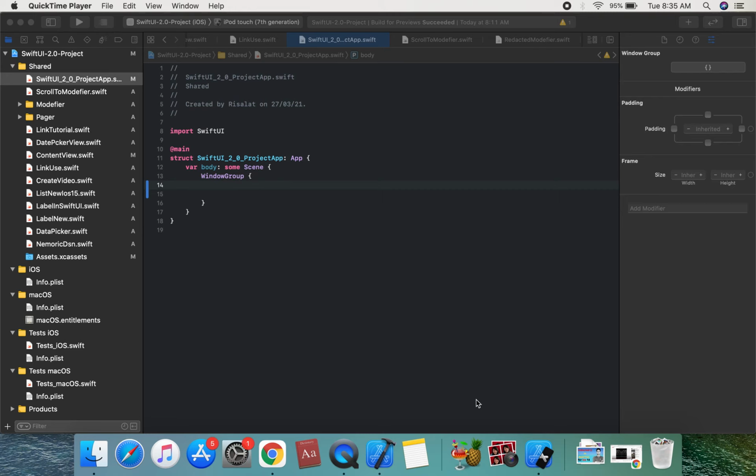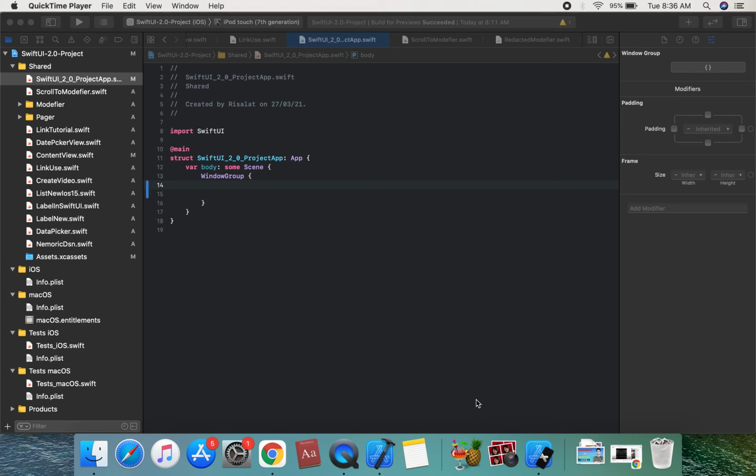It lets us place bar button items anywhere in the top or bottom space, but only when our view is embedded inside a navigation view. If you want to place buttons into a toolbar at the bottom of the screen, use a toolbar.